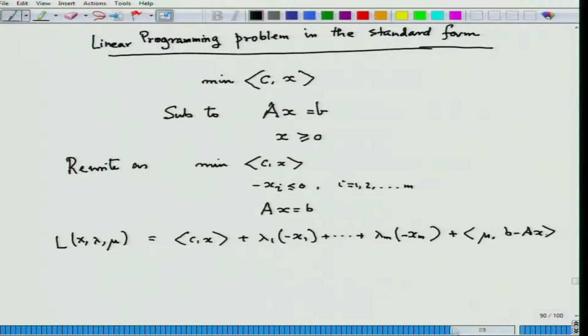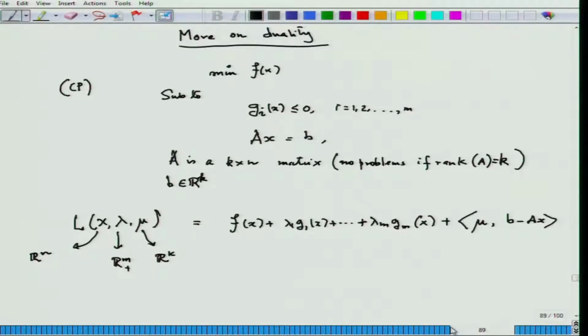Okay. So, you see it is quite simple to do the job. Now, once I know the Lagrangian, how do I write down the Lagrangian dual in this particular general case? That would be the second step. So, my first step would be to construct a function